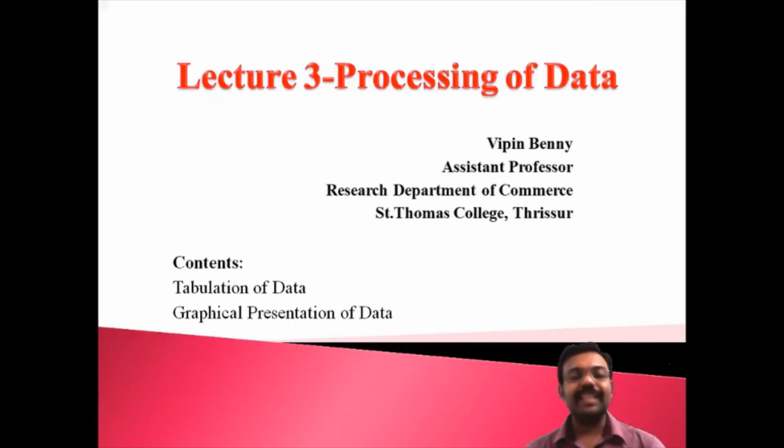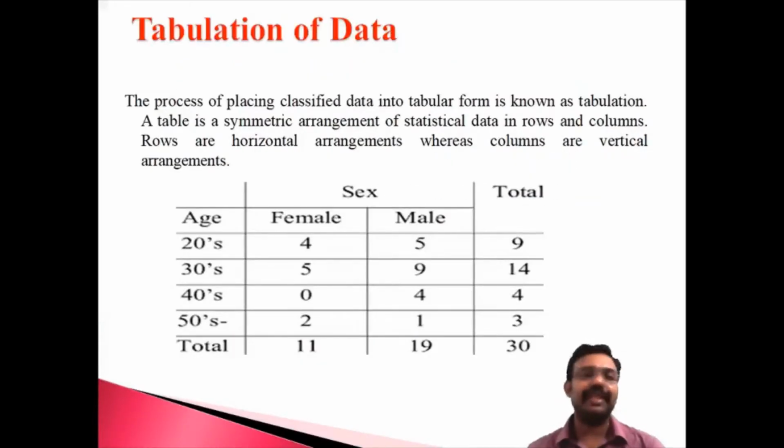Okay, let us start. The first important element is the tabulation of the data. We are all familiar with the word table. From a layman's point of view, we are already familiar with the term table. What do we mean by a table? A table is a combination of rows and columns. There are rows and columns for presenting the data. This is known as the table or the tabulation. From the research point of view, one of the important elements is tabulation. That means you are representing each and every element relating to your study in the table.